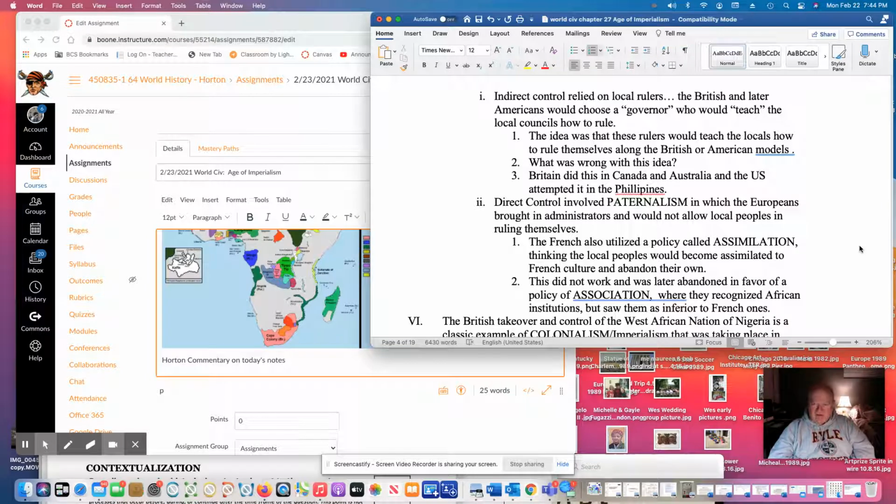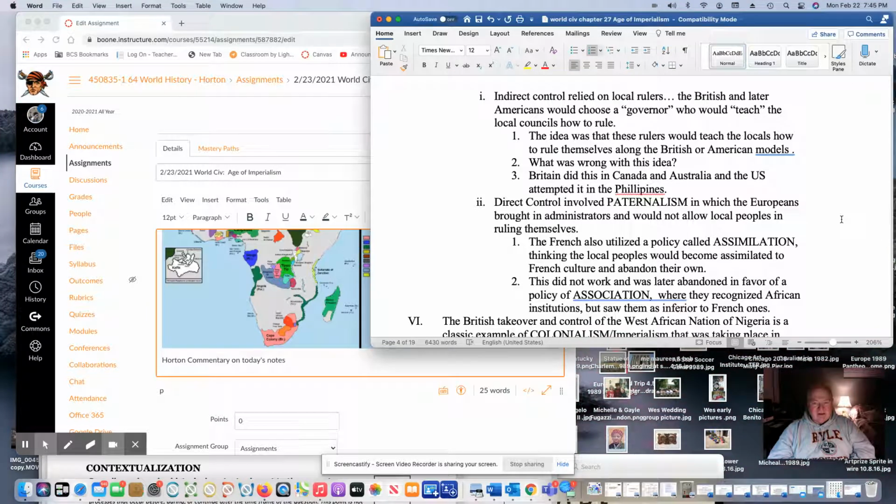Direct control involved paternalism. The key word in paternalism there is father, meaning that one party tells the other group what to do, like a father tells his children what to do. The Europeans brought in administrators and would not allow local peoples to rule themselves. The French also used a policy called assimilation, thinking that the local peoples would become assimilated to French culture and eventually abandon their own. For example, the French tried to implant Roman Catholicism